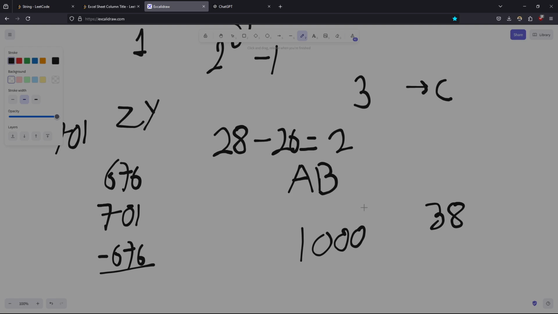As 38 is also greater than 26, then again we have to divide 38 by 26, and so the answer will be A, and we have to subtract 1000 minus